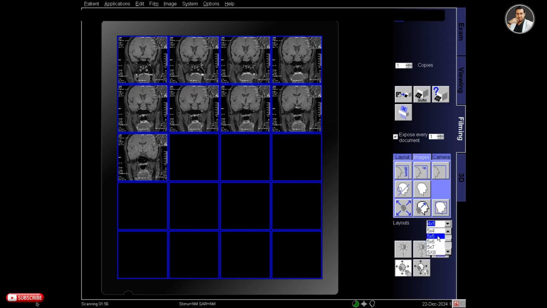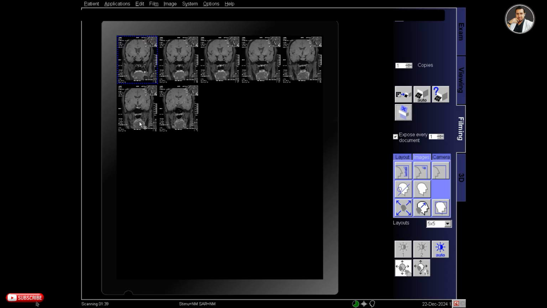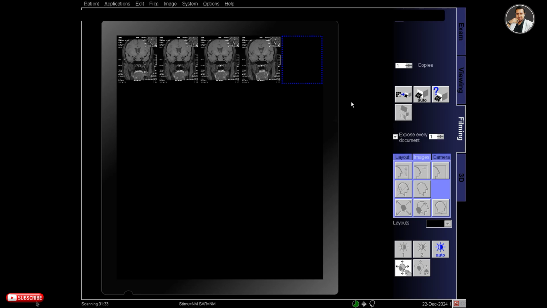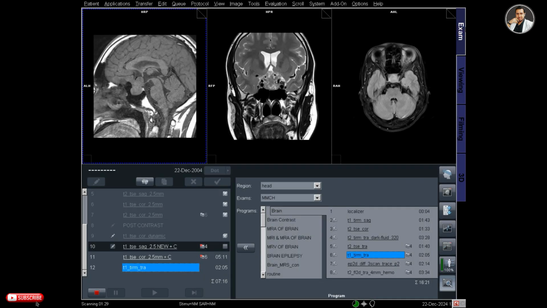So I will select the 5x5 layout, and in each row I will put each series of the dynamic scan. So in the first row I will put the first scan from the dynamic, that is a non-contrast scan.